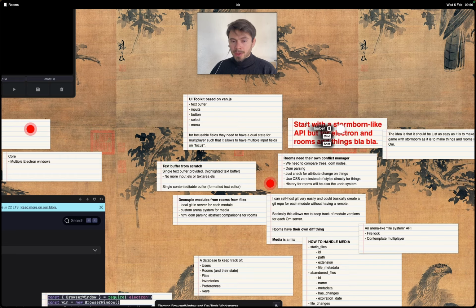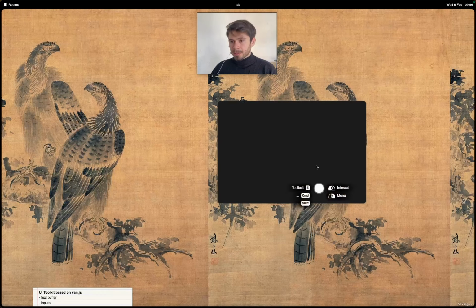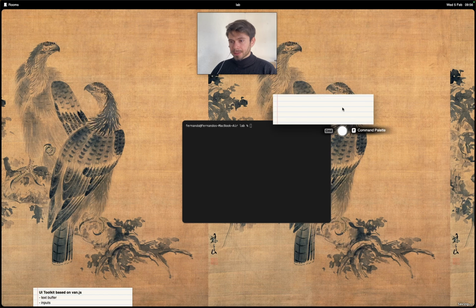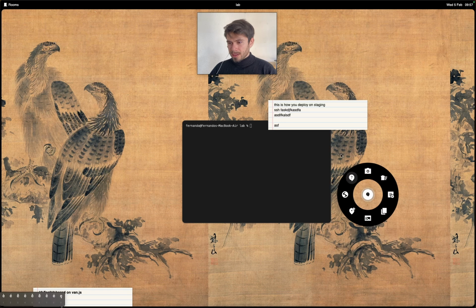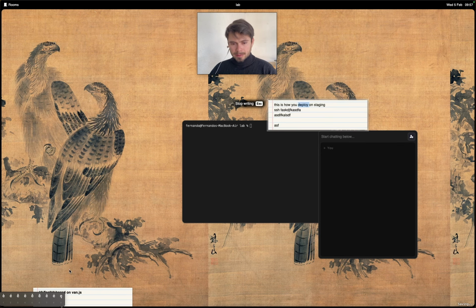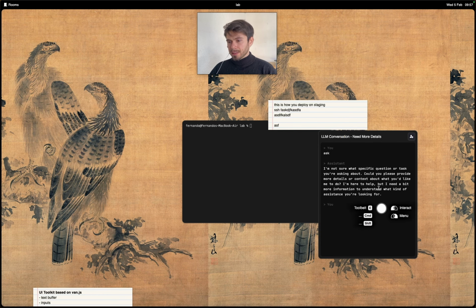Something cool is, for example, I have a terminal, and say I have a note here that says this is how you deploy on staging. And then there's a command, blah, blah, blah. And I'm like, oh, okay, yeah, because I always forget what the commands are, so I just copy this and paste it, and then I run it. And then if I have a question, I can just ask. It was failing. Okay, it works now. And so you can just ask,